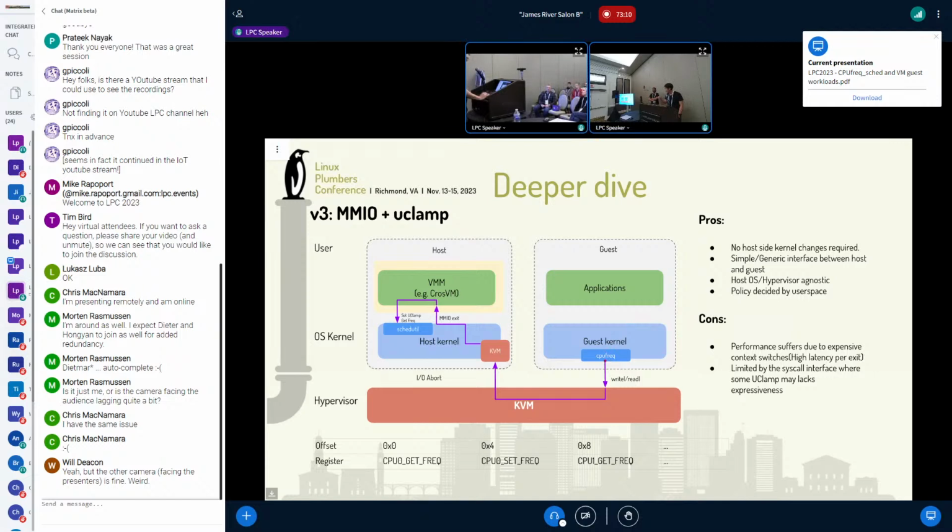If you follow the same purple arrow in that diagram here, instead of making hypercalls, it's reading and writing in MMIO regions, which then gets handled in the host. The host has to now defer up to user space. The user space has to make additional syscalls back to the kernel. As you can see, these additional context switches cost pretty significant performance hits, as we'll see in benchmarks later.